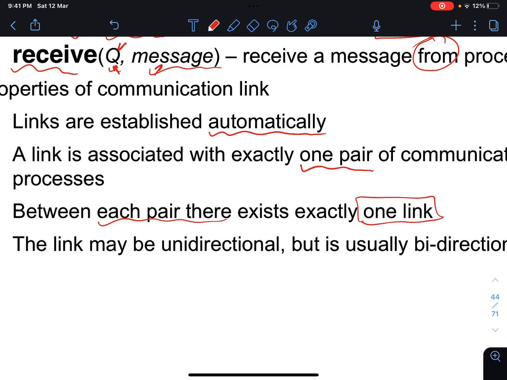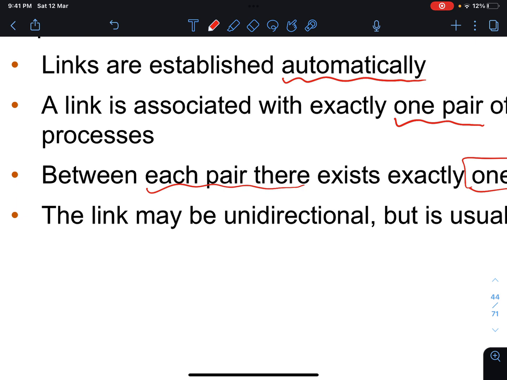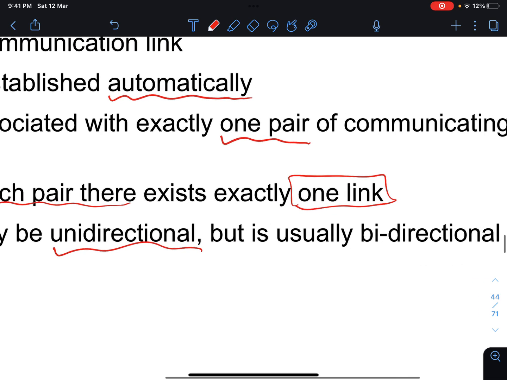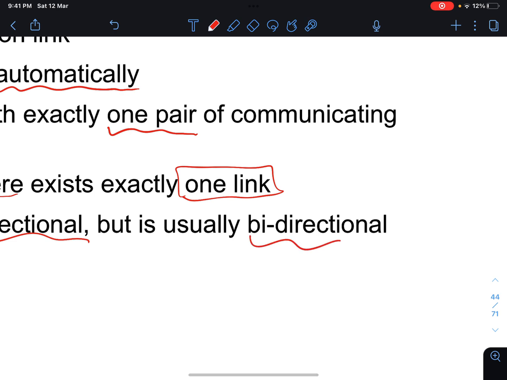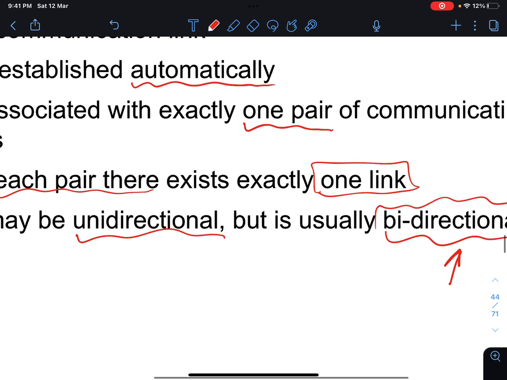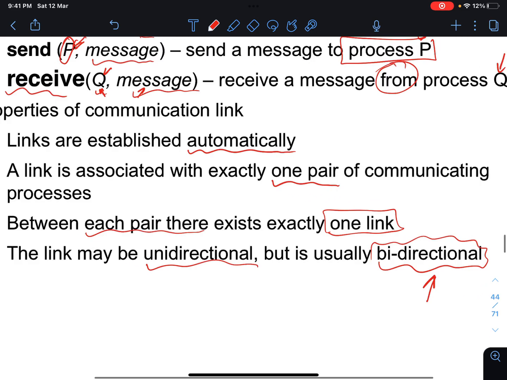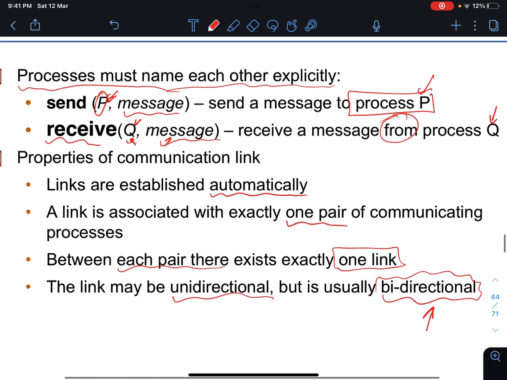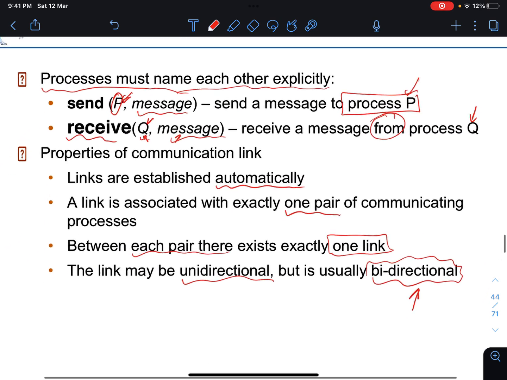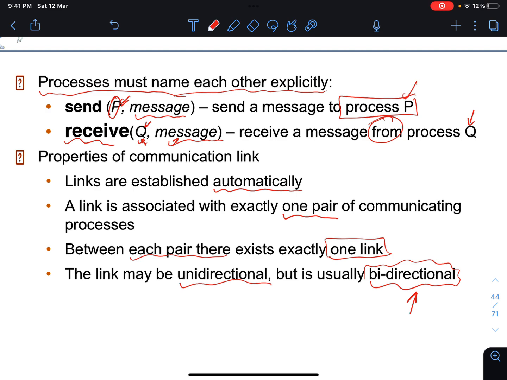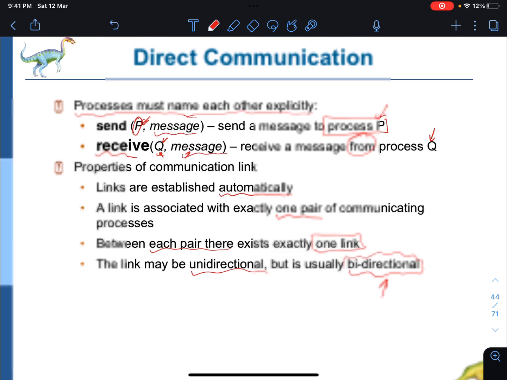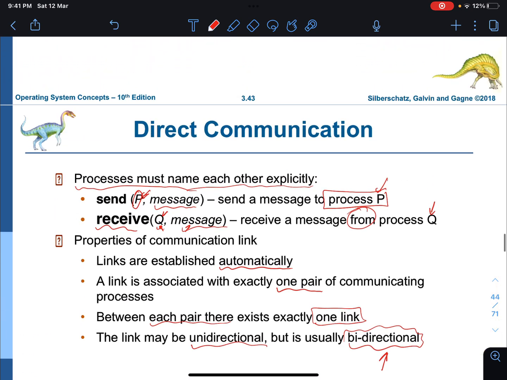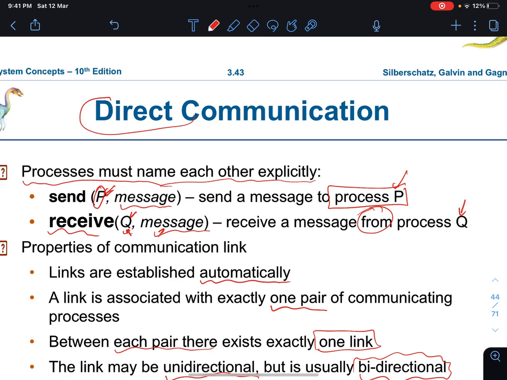The link may be unidirectional, but is usually bidirectional. So the usual default is bidirectional. Which means that once P and Q have established the link, P is sending now, and the next moment it could be receiving, which is really great. So this is what we call direct communication.